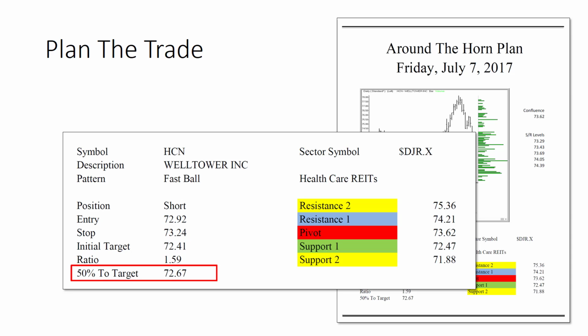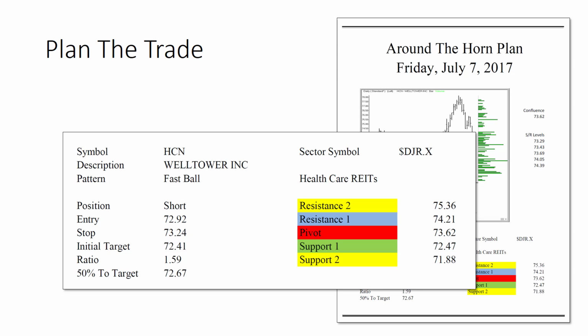50% of the target is $72.67. And what that does for me is tells me when we move from 72.92 down to 72.67, I'm going to tell the machine to move the stop to break even. And as a matter of fact, there's another money management rule. When it gets to 72.51, the stop is going to get moved to 72.67 to lock in part of the profit. My approach to this stuff is very methodical and very rule-based. It's very simple as well. There's only 3 rules, really, and most of this stuff can be carried out by the machine.